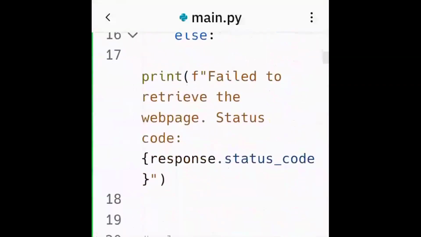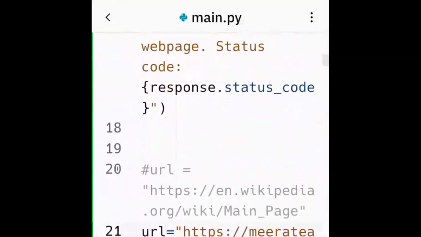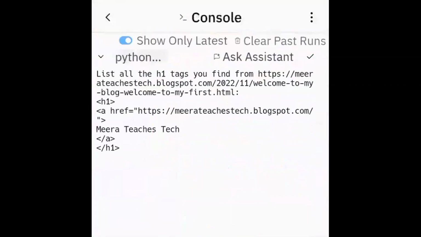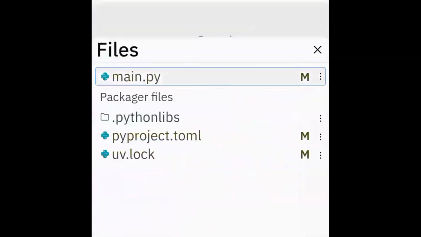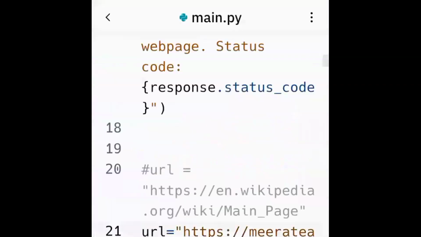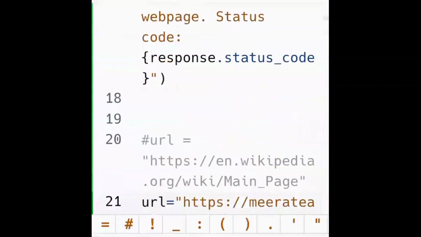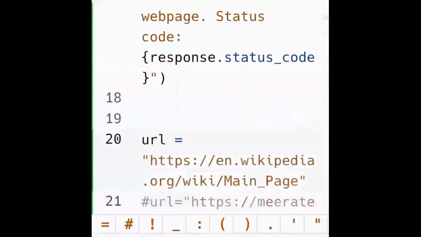As you can see, I've made all the changes. Instead of "beautiful soup", I've printed... Yeah, there you go. Now it's correct. See, there you go. It's giving me the blog: "Welcome to my first HTML" as an H1, and then the first heading, Meera Teacher's Tech, because I used my other web page, my blog page,